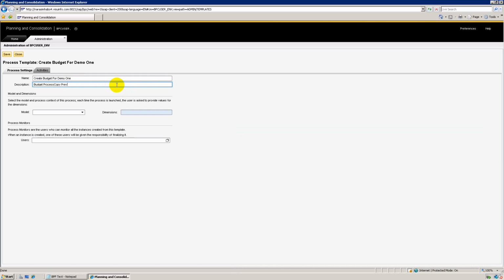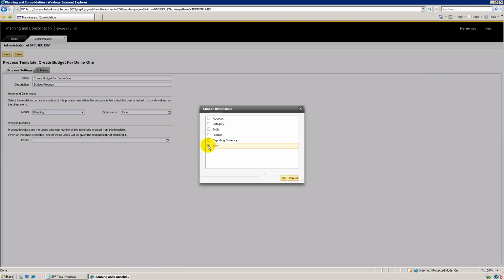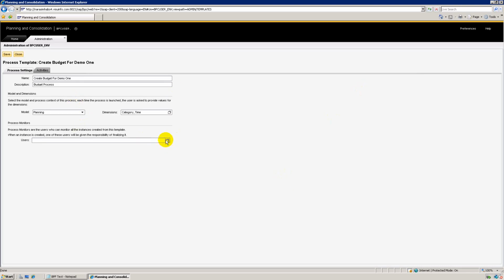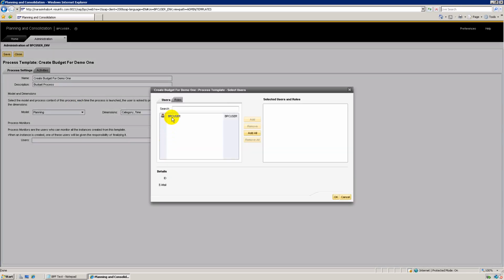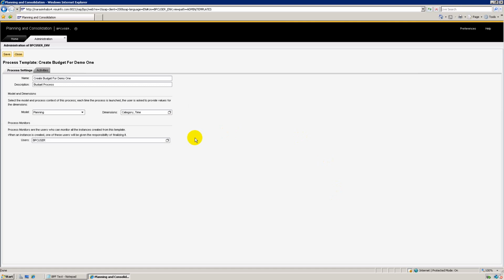So let's delete this budget process, and then we have to choose our model. So we have the planning model, and the dimensions, time is already selected, so I just need to select category, and then we have to select the users. So it's BPC user, and I'll just add it over onto the right hand side. So that is done. So now we go into the activities section,